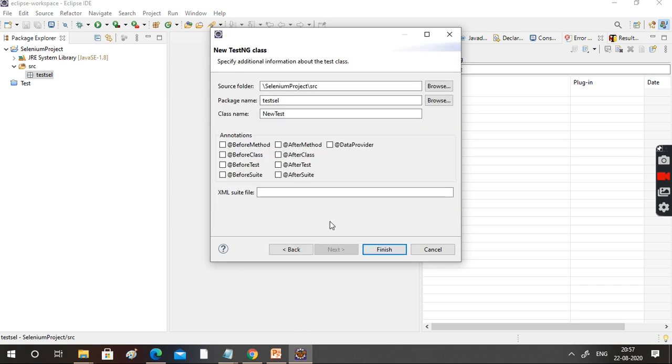Next. What is the test I am going to do right now? I am going to perform some kind of sample testing. And here I am also going to create the XML. Again, you will be asking, boss, why are you creating this XML? Because your suite needs to run with the help of this. You can run with the help of the class name as well, or you can run with the help of the XML, testng.xml. Okay, finish.